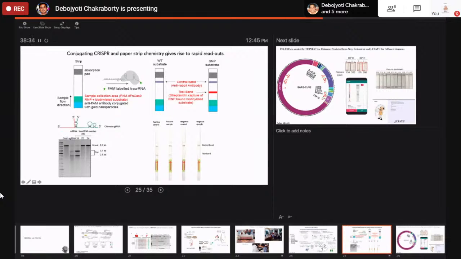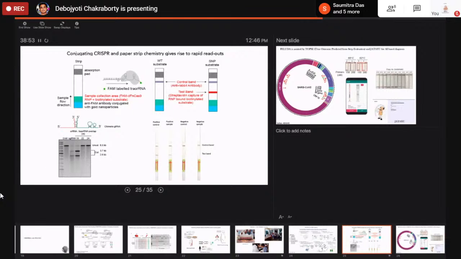And if you do not have SARS-CoV-2, it's highly sensitive. I think when the DCGI approved it, they got a sensitivity of 96% and specificity of 98%. We regularly, when we do it in the lab, can capture CT values as high as 39 and 40, which is actually beyond the